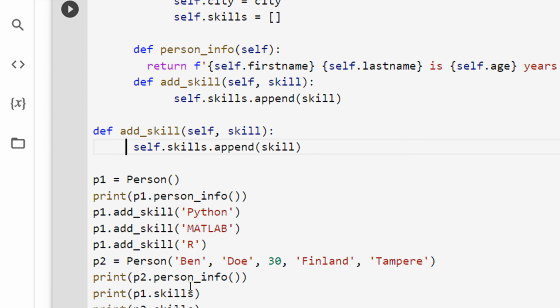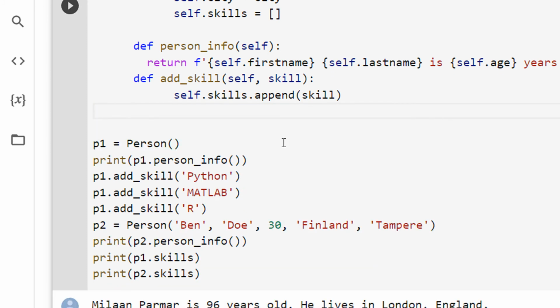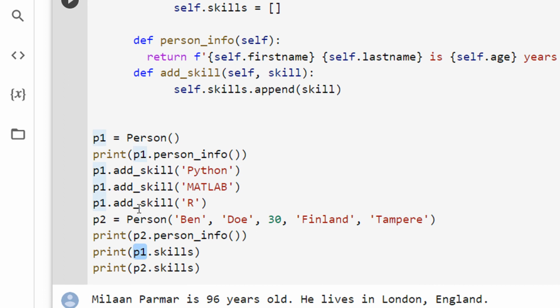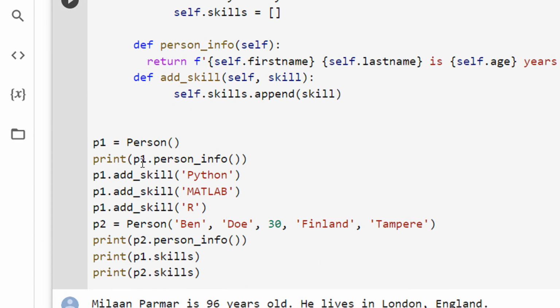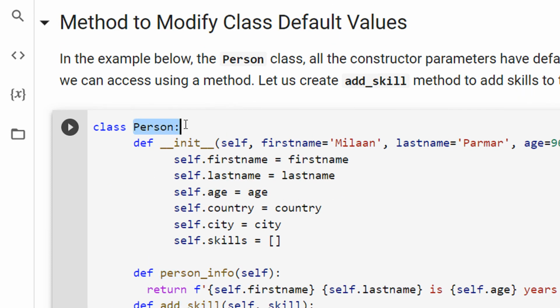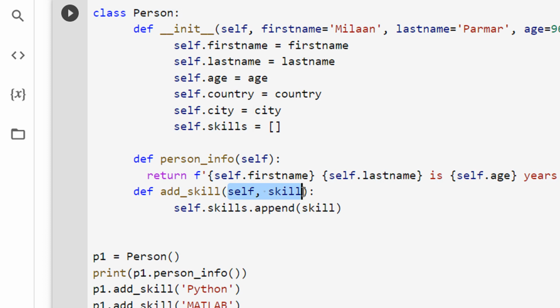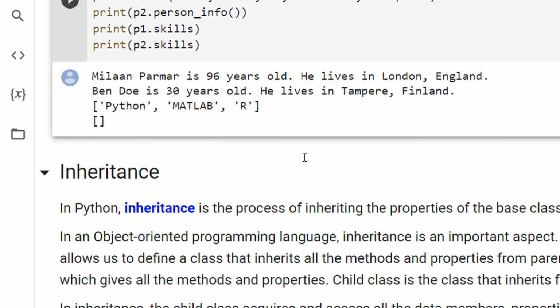Whenever you are calling the class function, P1 dot add skill, P1 is an object of class person. So the moment it sees a class, it basically jumps the cursor to this point. Now it says, okay, add skill, and it sees that add skill is a part of my class, so I can execute the function add skill. So a good method to modify the class attributes is to alter them through the class function, right?